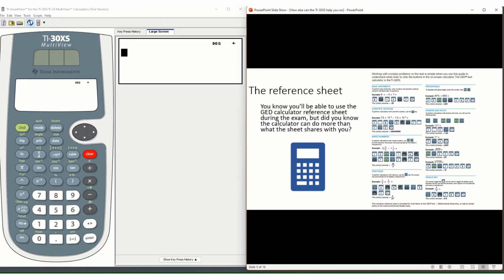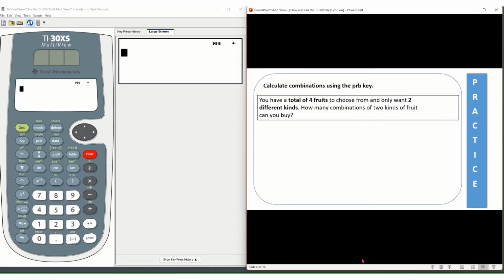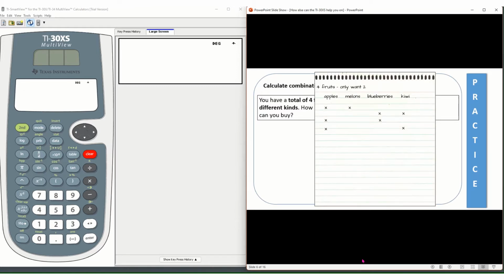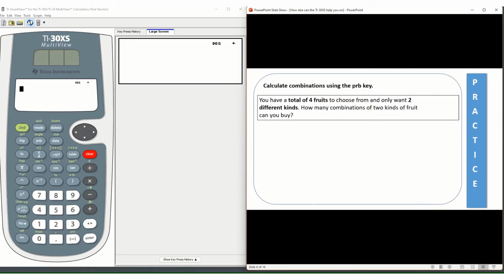and permutations. So I already mentioned that when it comes to combinations, you probably learned how to figure out the answer with maybe a table. They told you, hey, list out your options, and then you'll be able to figure out your answer from there. However, why are we going to do this by hand and take up more time when the calculator can do it for us? So this is really important for you to make sure you understand that it's only with one